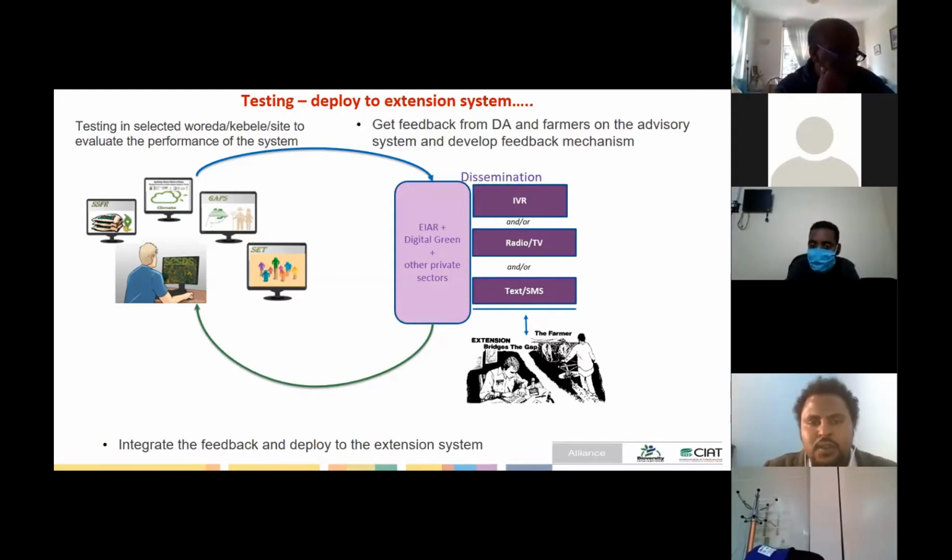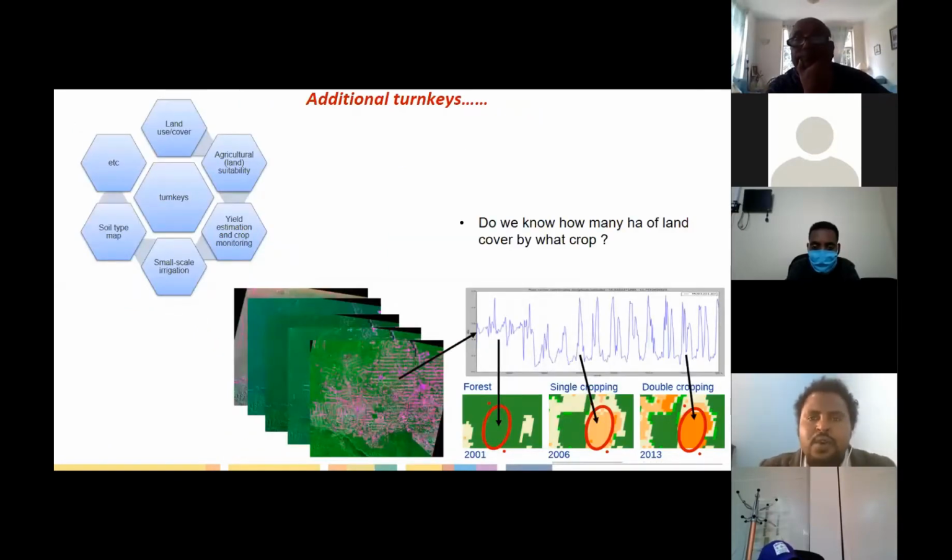Once we do this, we will implement in a few selected sites, and once we reach a minimum level of acceptance, then we will push to deploy into the extension system in the country. There are also a few techniques that are helpful to improve the advisory system in agriculture in the country. The Geospatial Community of Practice, some of the members have been engaged to develop some outputs in these few areas.